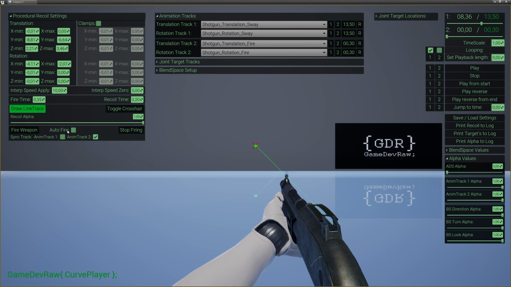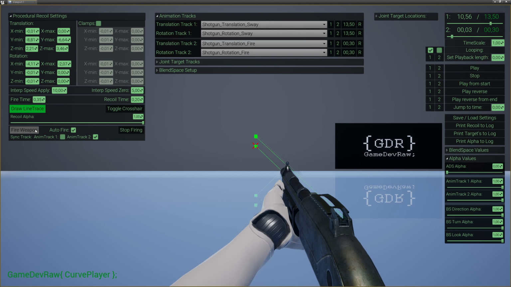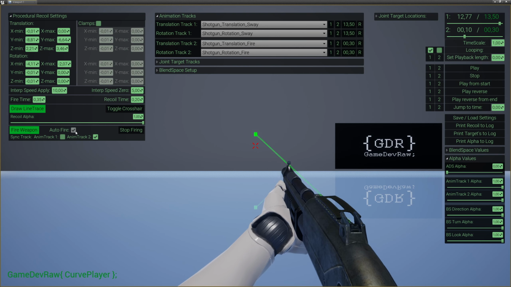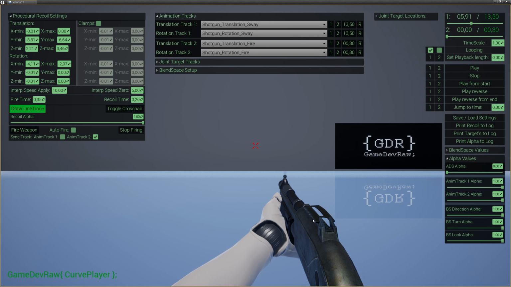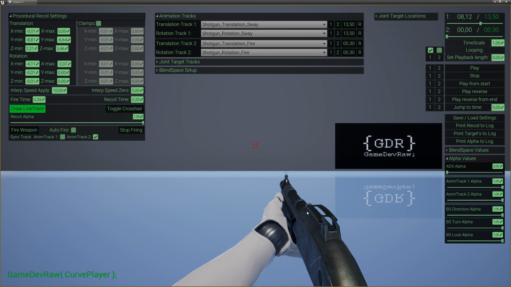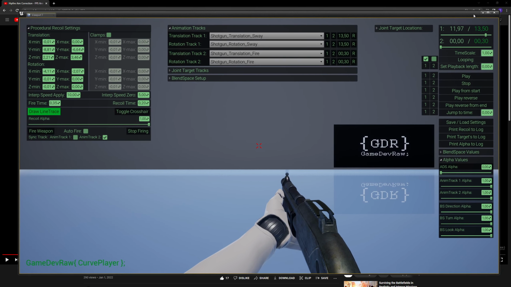So in this video I'm going to show you how to set up the CurvePlayer to use with your own custom character. Probably the only time you can use it with this character is when you have the project files from the Discord and you are using the character in there. Otherwise you probably need to replace the mesh, and I'm going to show you how to set it up in